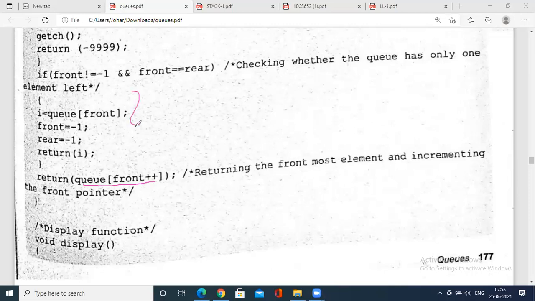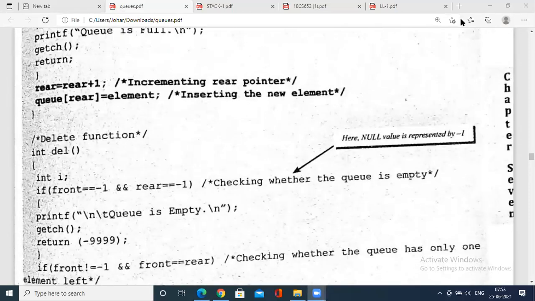This is for the first case, where only one element is there. This is for the case where there is nothing there. This is the case in between, or at the second, third, fourth position as such. Hopefully this is clear; this is a repeated concept that I have explained.